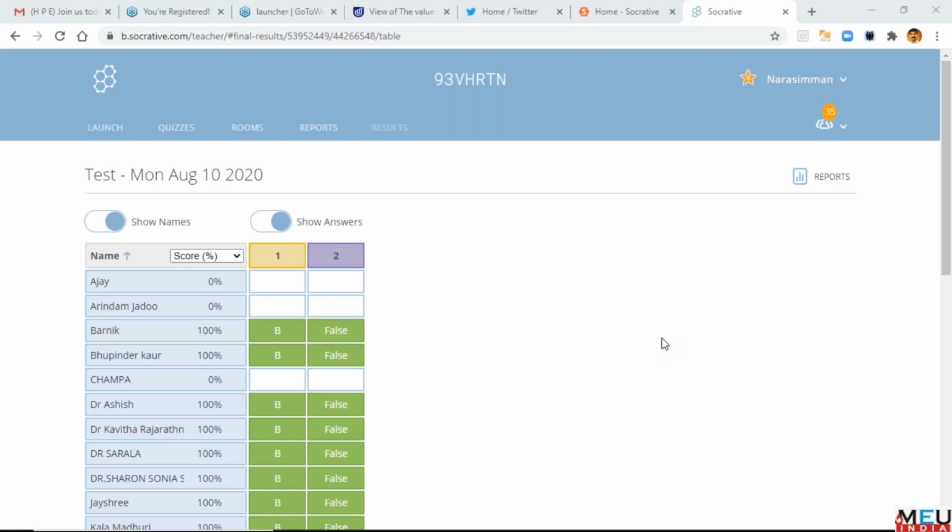Again, we need to remember these 4 C's. To teach the current millennial learners, these 4 C's are important: creative, critical thinking, collaborative learning, and communicate. These kinds of activities encourage and inculcate these 4 C's. So we will learn further. Now we request you to create an account and create a quiz. Probably next week when we meet, we'll listen to your quiz and your experience, and we will go into depth, like what we did for Kahoot.